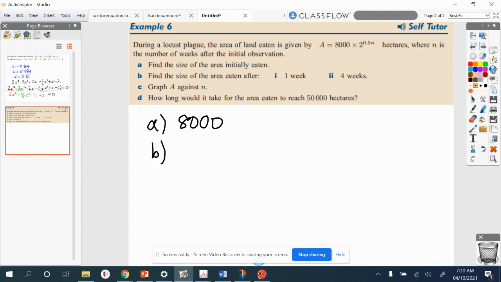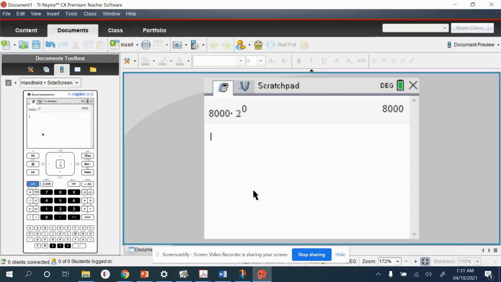Let's look at B then. Find the size of the area eaten after 1 week and then 4 weeks. So we're changing the value of n now. So n is equal to 1 for part I. So again, I just type in same old, go back to my calculator. So I'm doing 8,000 times 2 to the power of, this will be 0.5, which is